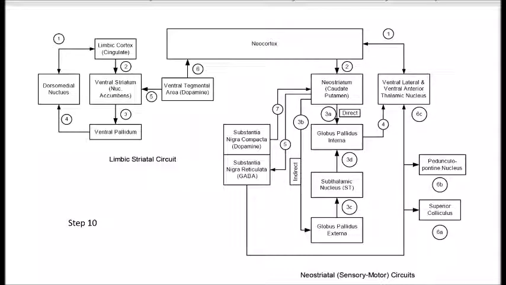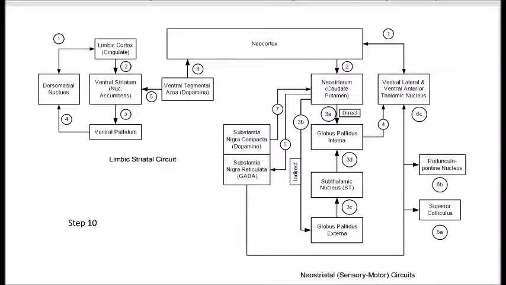Well, you will notice a pathway 5, which is going from the neostriatum to the substantia nigra reticulata. And then the substantia nigra reticulata, which are GABA neurons, then project to the ventrolateral and anterior thalamus. They also project to the pedunculopontine nuclei, which is 6B, and to the superior colliculi, 6A,